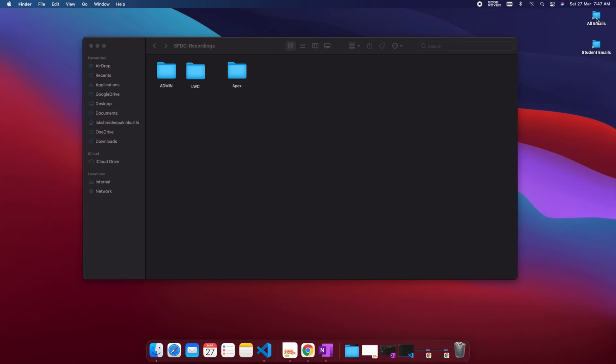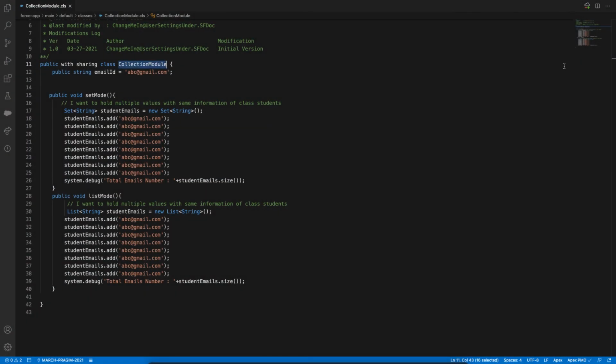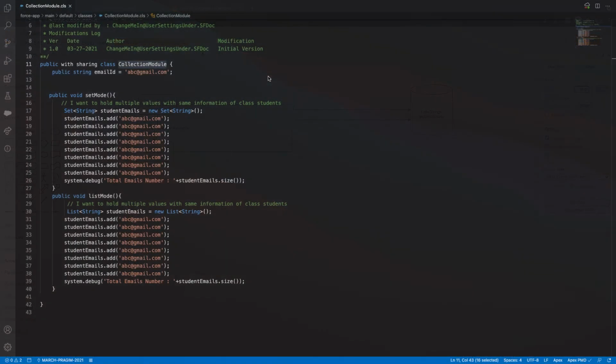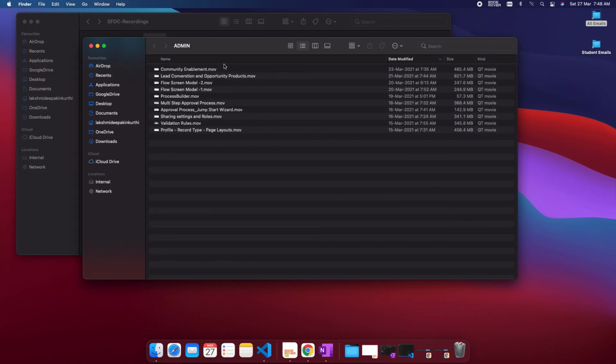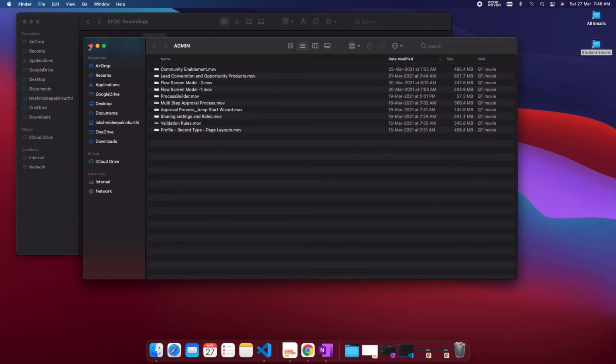Now, if I click this folder, which folder will open? My main folder. Their names are different, but they're pointing to the same location. If I click student emails, it is opening my admin folder.